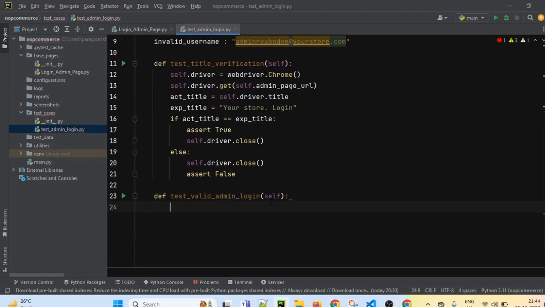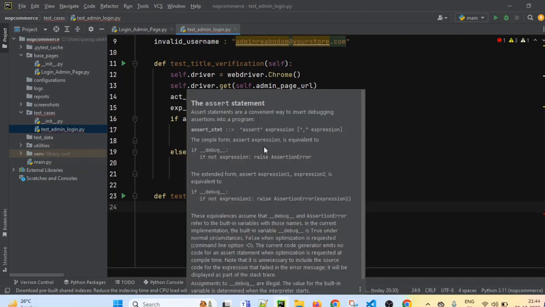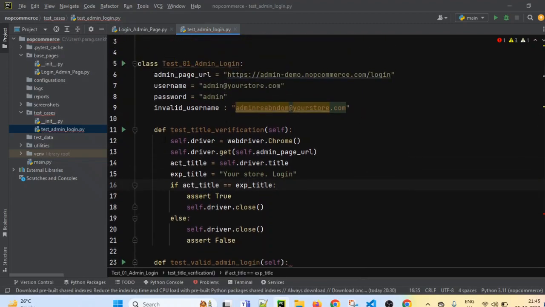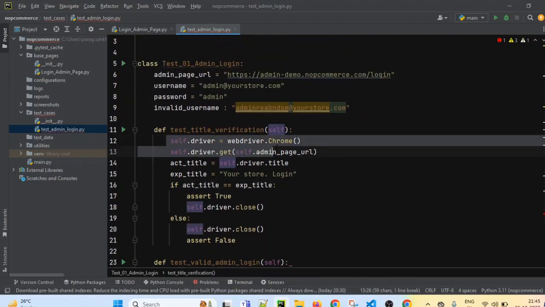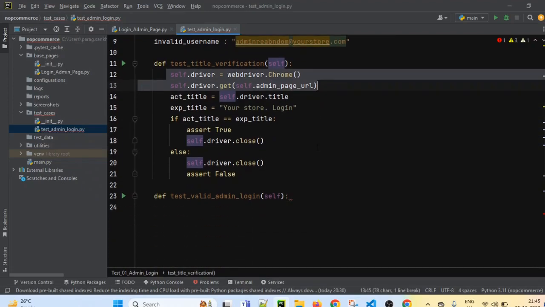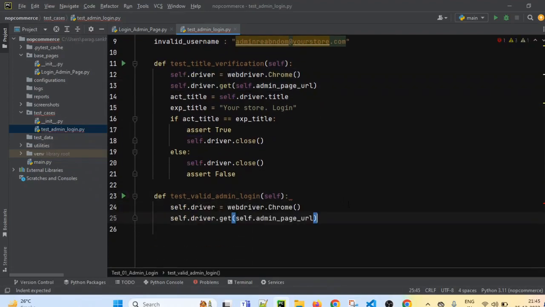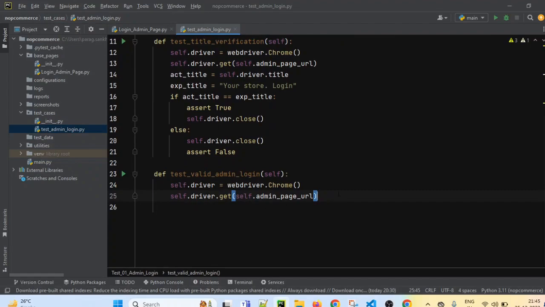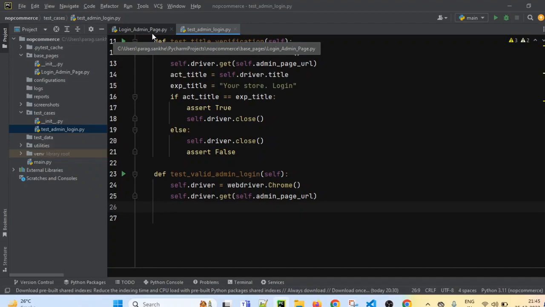So now we will use the page object concept. First step is, again we have to create the driver instance, and then we have to open this web page. So we have to open this URL. This is again the same step. After opening the web page, what is the next action item? We have to pass the username. So now we can create the object for the login admin page class. With this class object, we will call the methods.